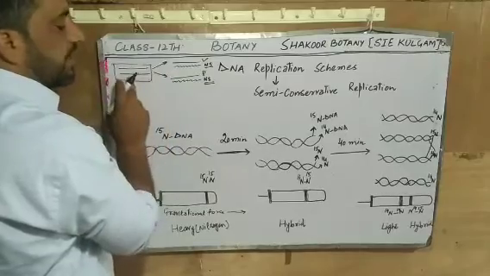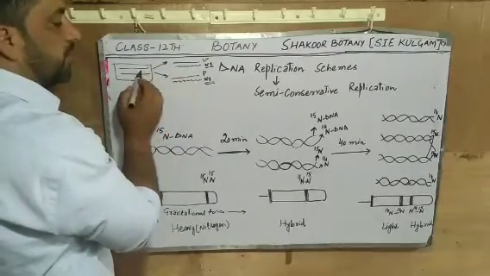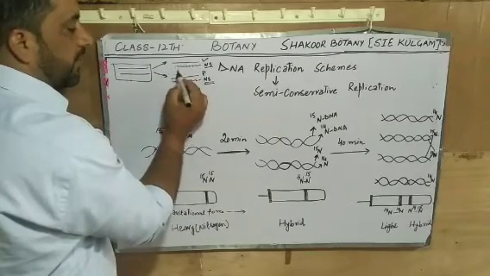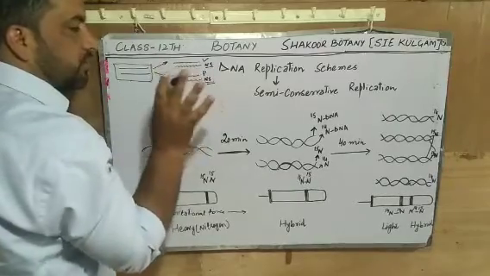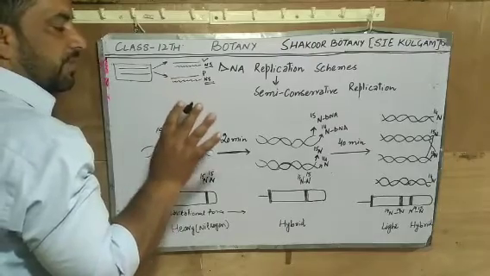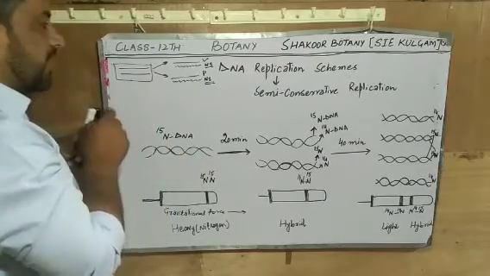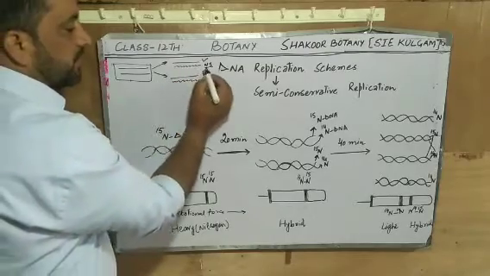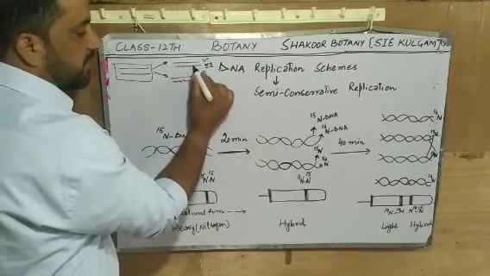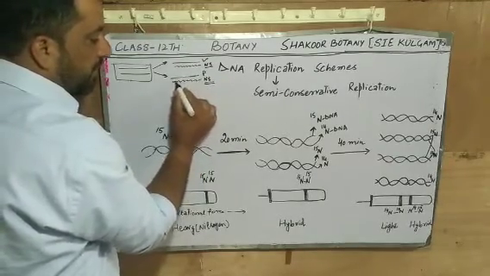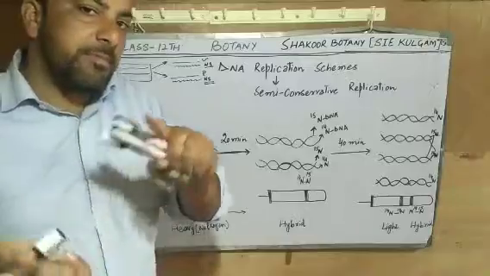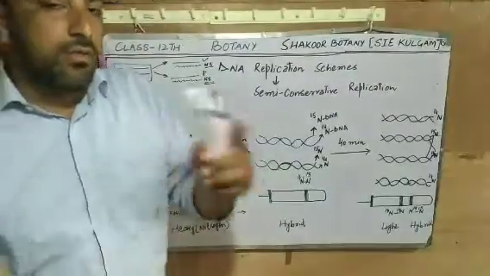We were having a double-stranded DNA molecule. Before the process of replication begins, the two strands of the DNA separate. This is one strand of the DNA and this is another strand of the DNA. These two strands act as template, they act as parental strands. They are copied to form new strands of the DNA. From this template strand, we get this new strand. From this template strand we get this new strand. So in each newly synthesized DNA molecule we are having one parental strand, one newly synthesized strand, one parental strand,